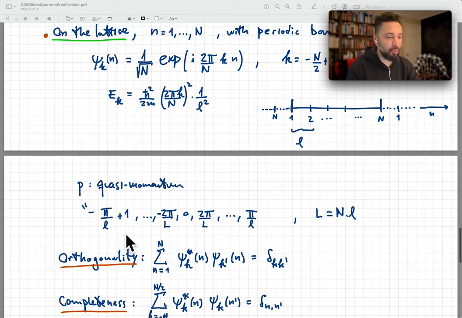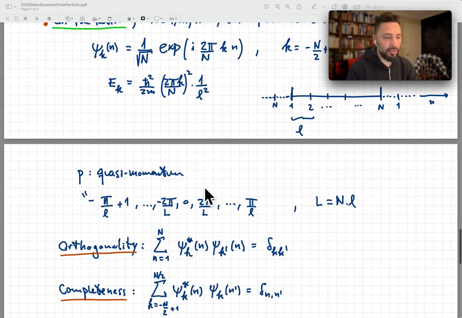and it comes in these discrete quantities that go from minus pi over l plus 1 all the way to minus 2 pi over big L, and then the 0 mode, and then 2 pi over L, and so on all the way to pi over little l. So this 2 pi over big L is usually what people associate with the infrared cutoff. So it's the smallest momentum chunk that you can discern on such a lattice. You jump from 0 to 2 pi over L, and the highest momentum you can have is pi divided by little l